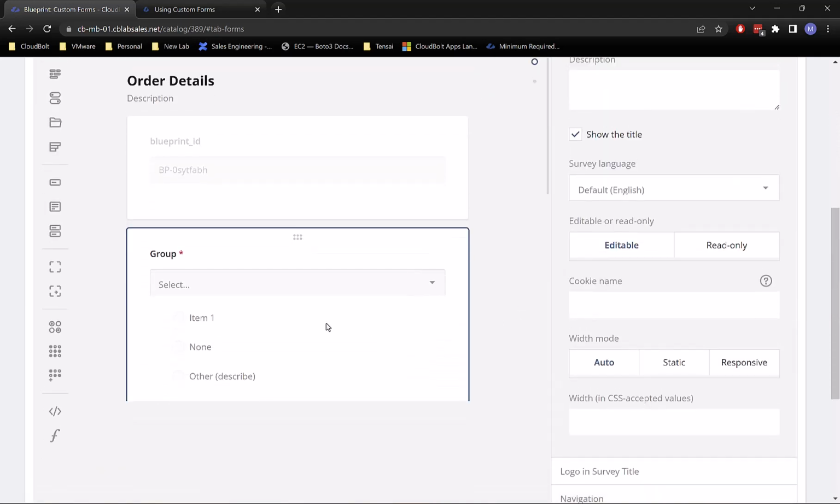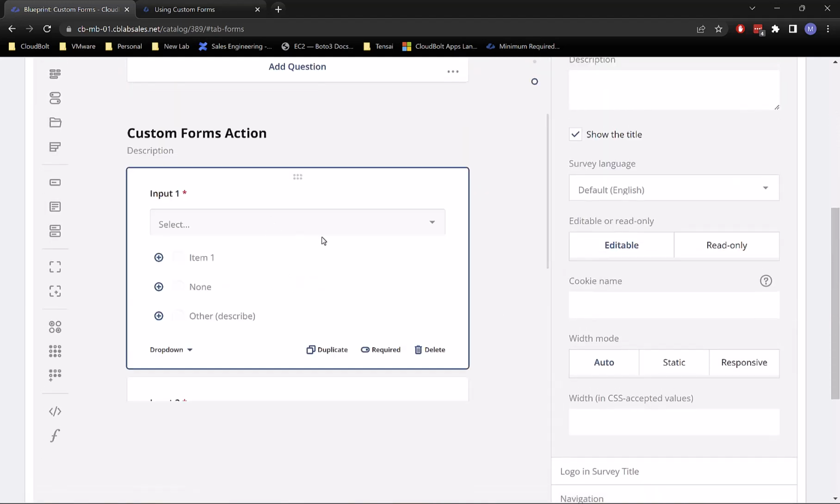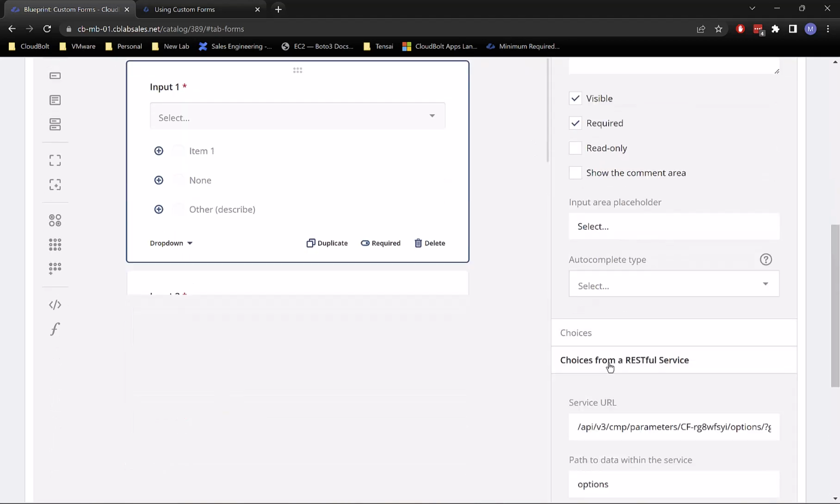I've got to select my input 1. We're going to come down here and edit our RESTful service URL here. And we're going to do, I believe an ampersand should do the trick. And what was I trying to add? Group. And